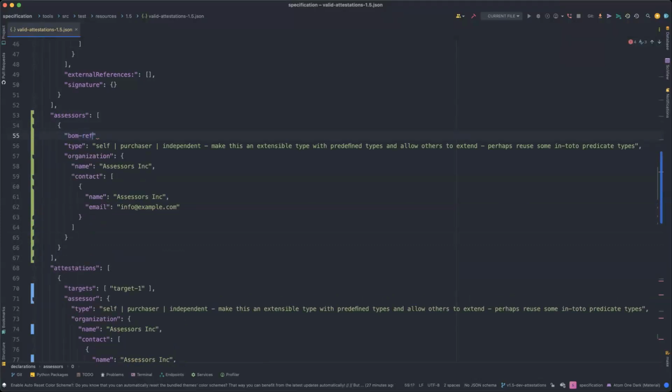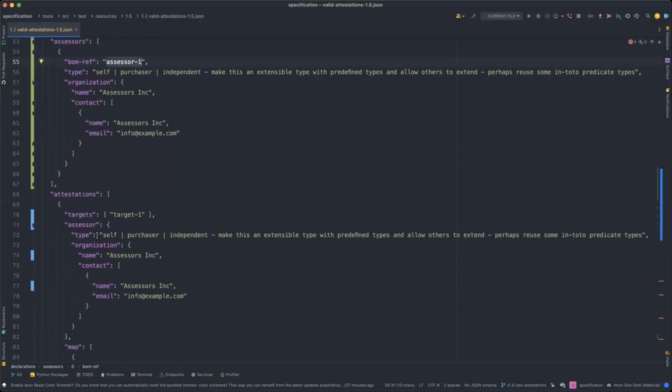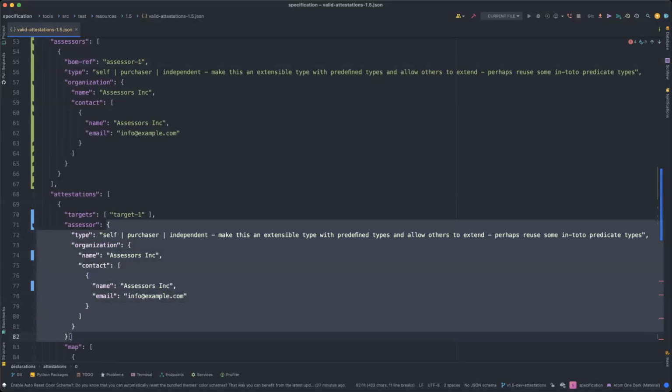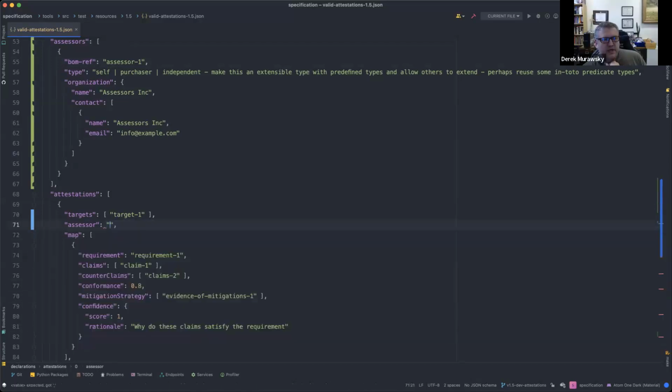So what would be a scenario where we have multiple assessors creating a single attestation document? For me, an auditor creates an attestation. So for me, the auditor is a single entity for that particular document, right? Yeah, but that's where we would have the assessor ref, right? So we'd refer to the assessor. So there still would only be one who's making the attestation.